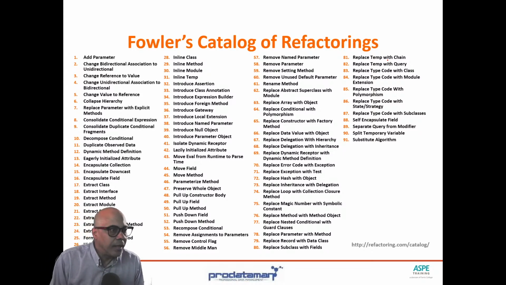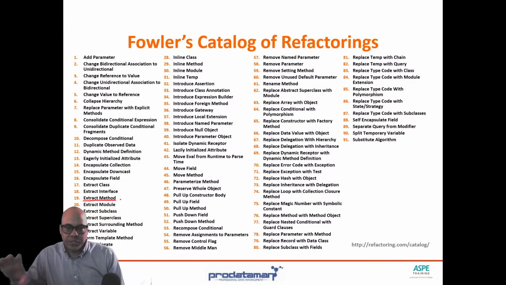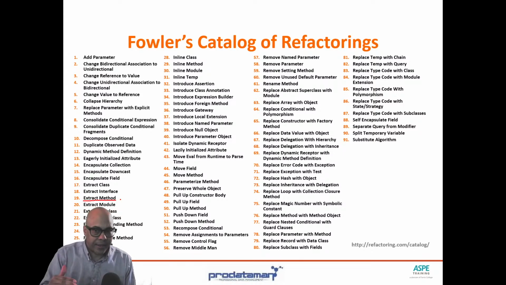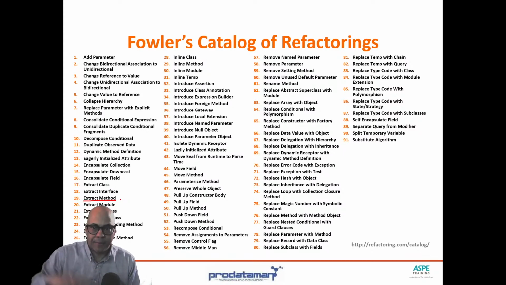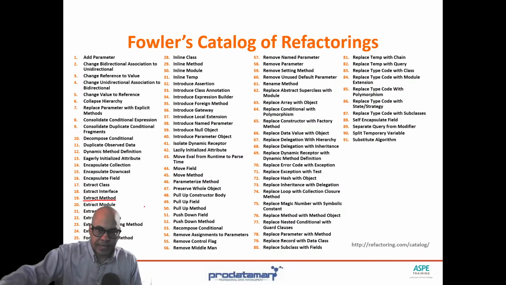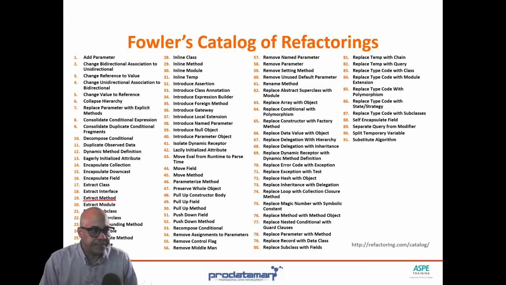We saw extract method and generate method. So extract method is when you have code that's duplicated in multiple places. You highlight that code, right click and say extract method. And it asks you for a name of the method. You give the method a name, and then it would replace the code that you highlighted with the call to that method, and then move that code into a method and give it the name that you chose. Then you just take that method name and go around and replace all that duplicate code with the call to the method. That way, if you need to make a change, you make it in one location and it's replicated to all the places where you made the call to that method.